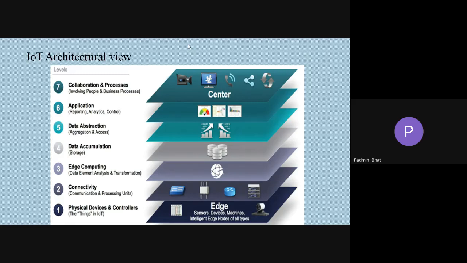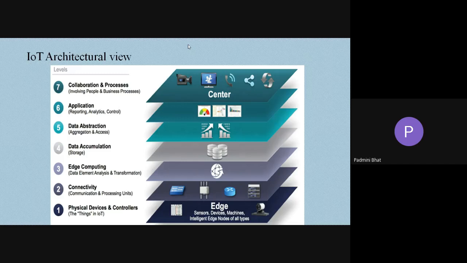IEEE wants one standard conceptual framework model for the IoT, and it is coming up with one, the IEEE project P2413, that they're trying to develop as a standard framework.